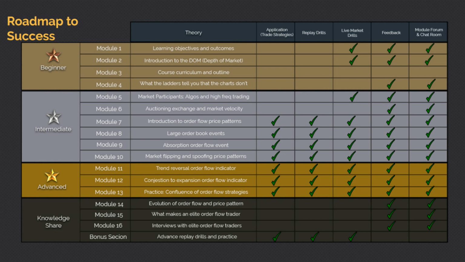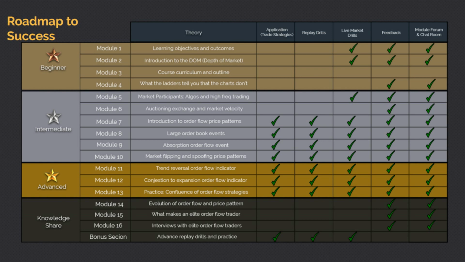So that's really key. In module 6, if there's anything for you to take out from all of these modules, I really want the focus and the intensity to be there in module 6. And then from module 7, we really start digging down into the various order flow patterns. So it's a brief introduction into all the various different order flow patterns that we look at and the various trading strategies. And then we start shifting to the specific order flow strategies, such as the large order book